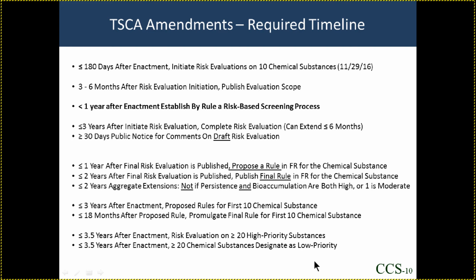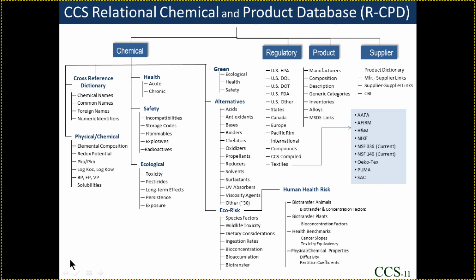But in 3.5 years from the date of enactment, they have to be doing 20 chemicals a year designated as high priority, but they also have to have designated 20 chemicals as low priority by that time frame. So that's an overview of the legal requirements. As I said, we will likely have subsequent webinars where we've read and analyzed the regulations that EPA puts out